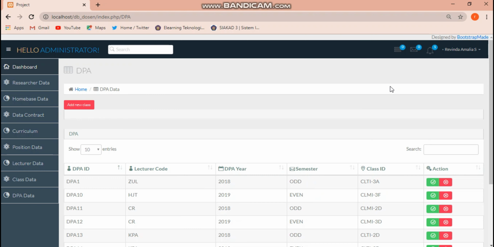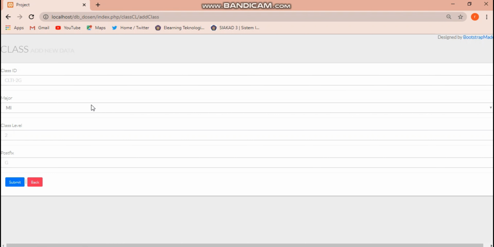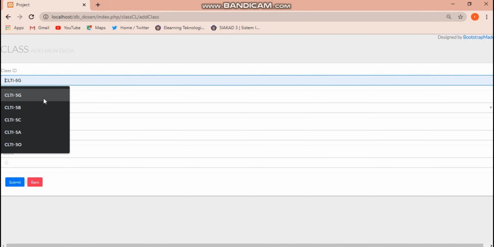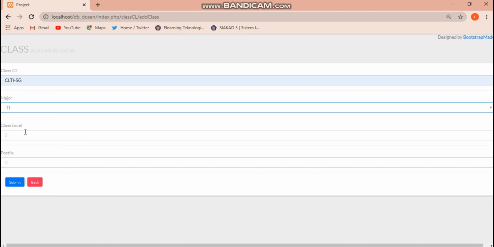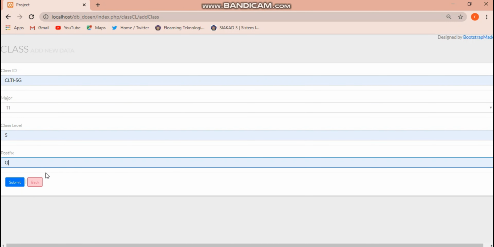Next, I will take the example of adding data, deleting data, and updating data in class data. First, I want to add data. Click the Add New Data button, then fill in the data, and click submit.